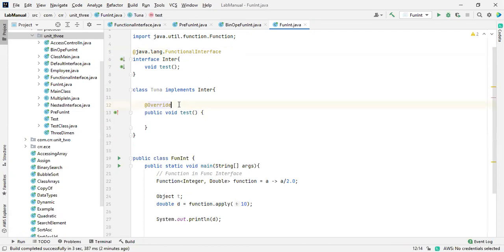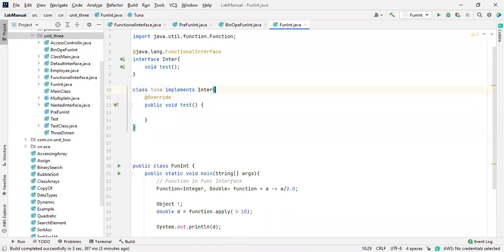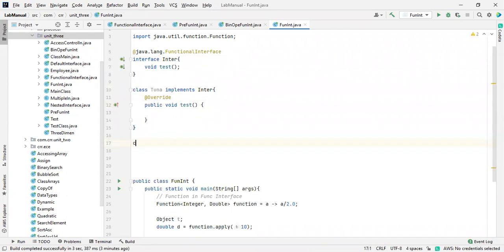So here the overriding is okay because we are going to take an interface and implement it over here, so the annotation is required. In the sense of overloading, there also we will do the overriding concept. I'm going to take one more class to show you the difference. Sometimes the annotation is true, when we are implementing the interface abstract method, but in the sense of overloading, it is not true. Let me show you that.